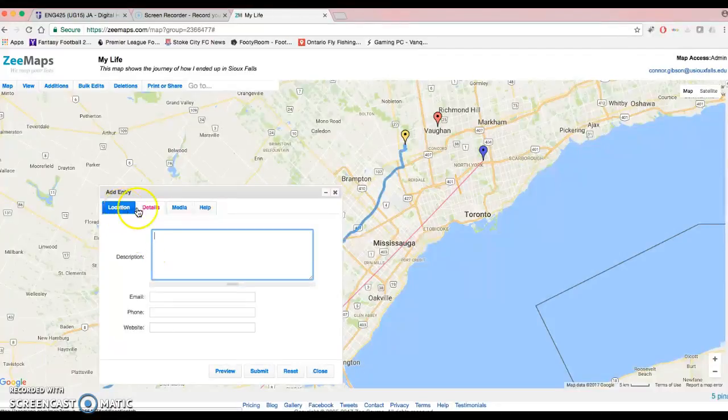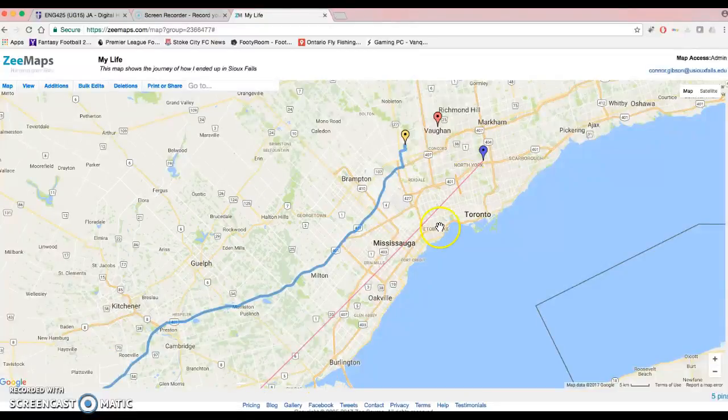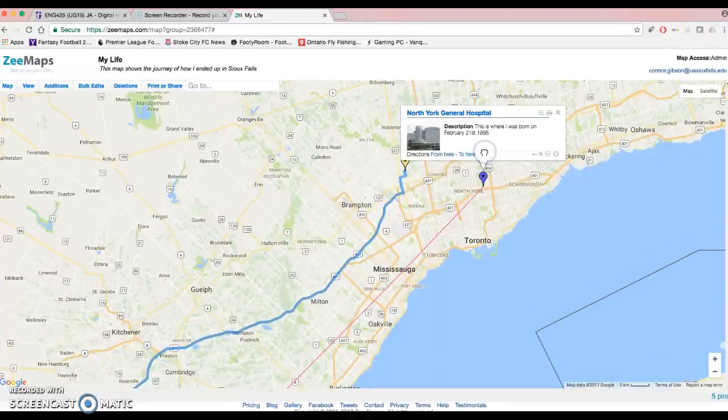And another great thing that you can do is when you scroll over to media, you can upload an image of what the artifact or place is that you're trying to show, where you can find it. So what it looks like when you're all done is you'd click submit, and then you'd close out. And I've already done this, so this is what pops up when I